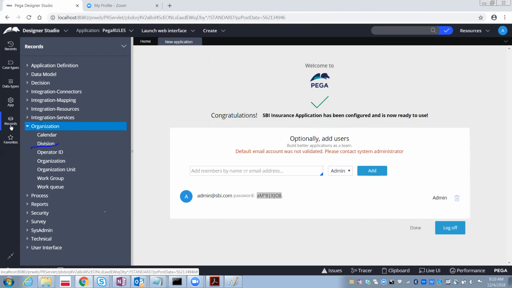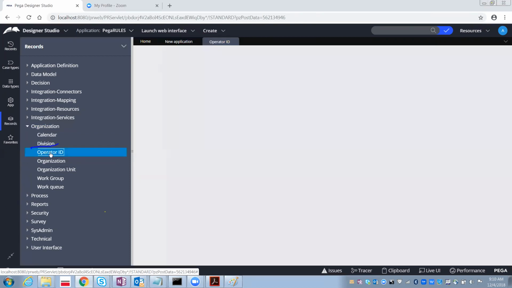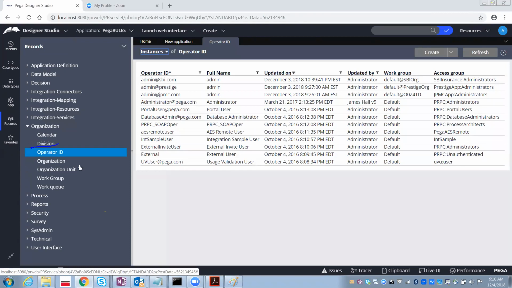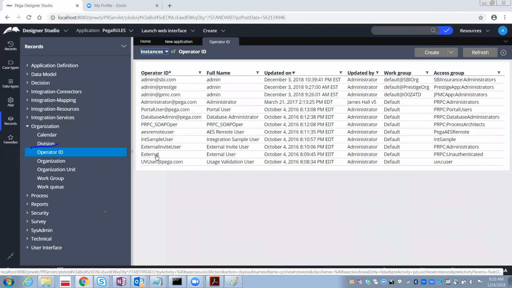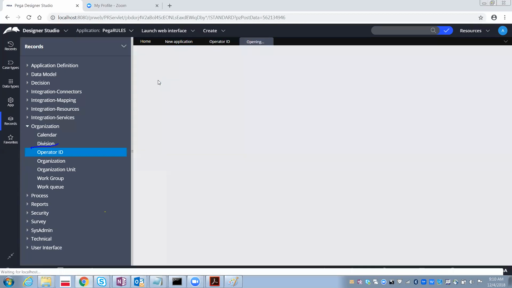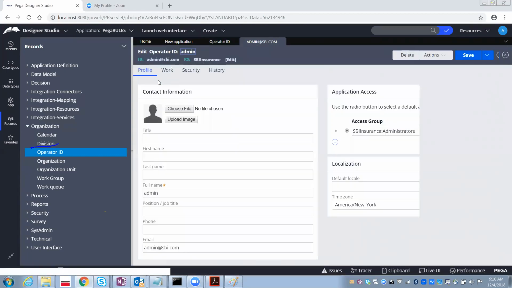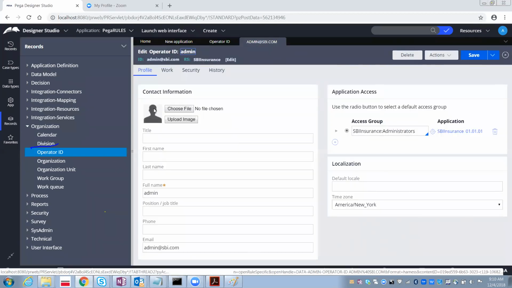I hope you remember. Under records, organization, operator ID, if you select it, it will show you all the operators in this Pega environment. Do we have our operator ID? Yes, that is the first one, admin@sbi.com. Just select this, and it has opened this operator ID.